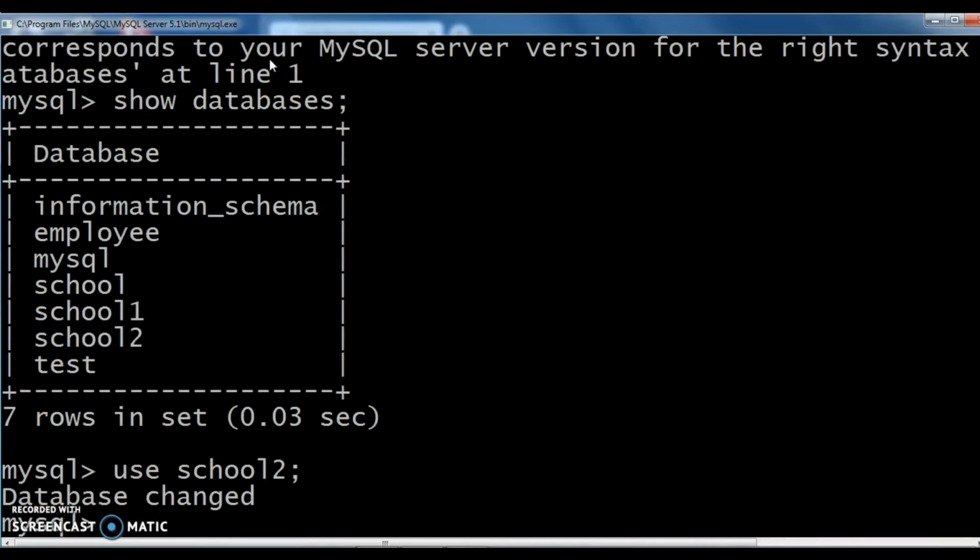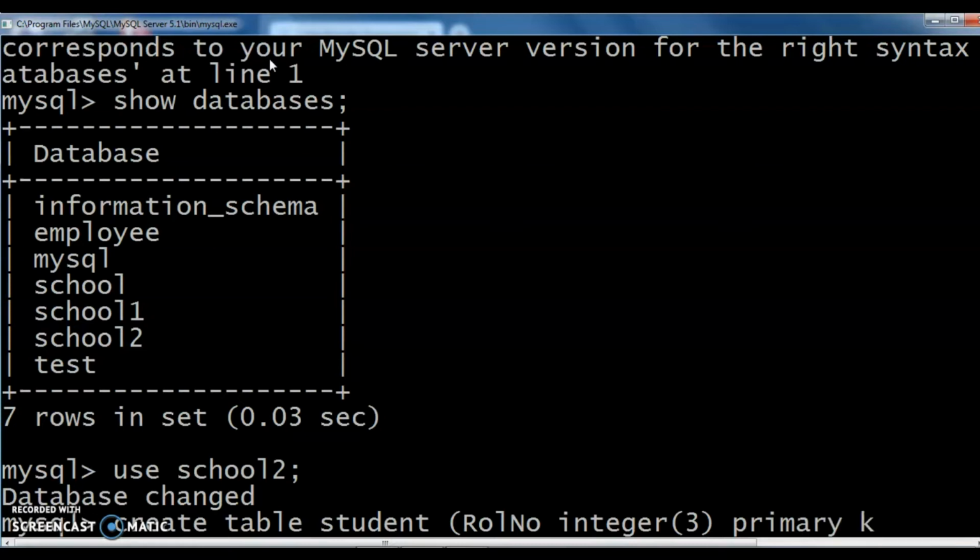Here we can create our table student. Create table, table name. The table name is student. Within this bracket or parenthesis, roll number, integer. We can use primary key as a constraint to this roll number field. So specify that primary key.